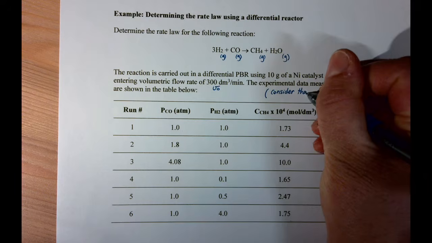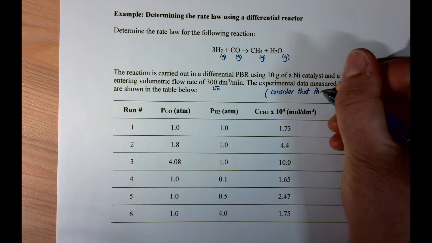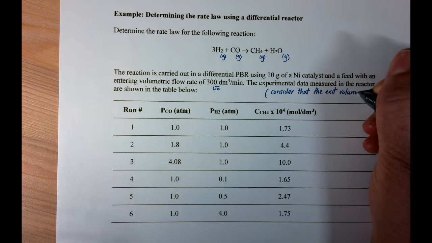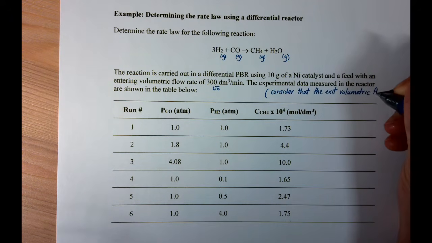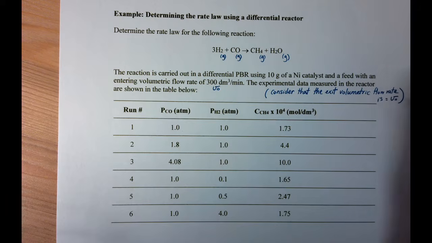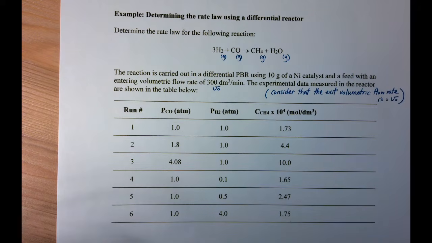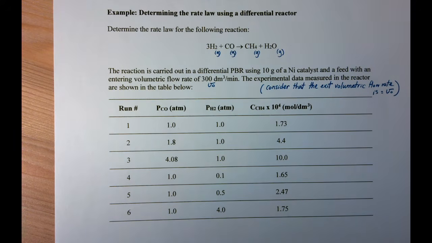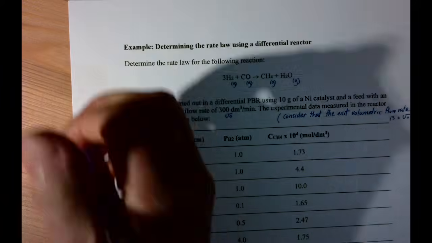Consider that the exit volumetric flow rate is equal to V naught. In other words, lowercase v, volumetric flow rate, is constant throughout the reactor. So, to determine the rate law, first what we need to do, let's just go through the steps first and then we'll do them. First,